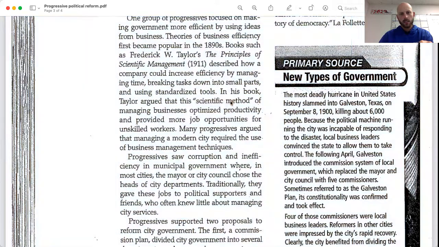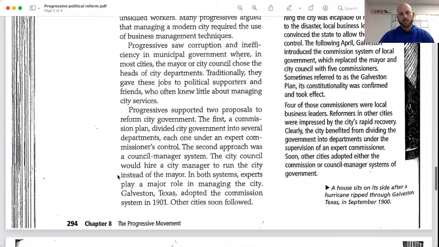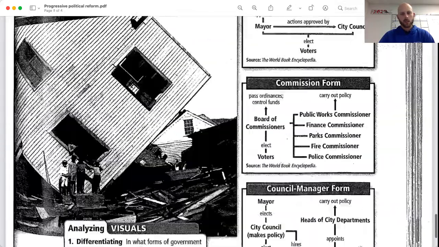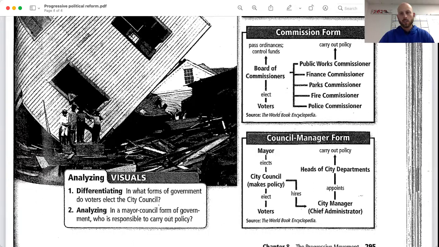The scientific method right here that you can see, okay? It's basically structuring the local governments as if they were corporations, right? Like in a corporation, you have a board that represents the shareholders, right? And then that board appoints people like the CEO, right? And that would be like your mayor, okay? Now, or your city manager, right? In either of these systems, okay? And then that CEO can appoint managers for their departments, okay?